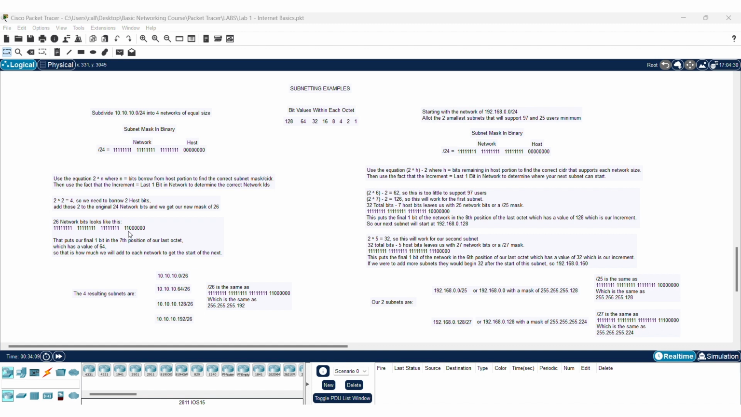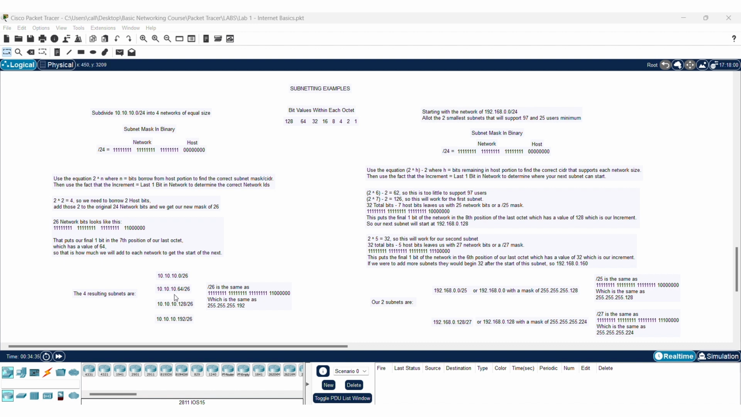We go ahead and look at that final bit. It's going to be in the 7th position. Come over here, 1, 2, 3, 4, 5, 6, 7. That's going to give us this value of 64 for that last bit. That means that's our increment, or how much we're going to add to each network to get to where the next one will start. So that's going to give us 4 resulting subnets of